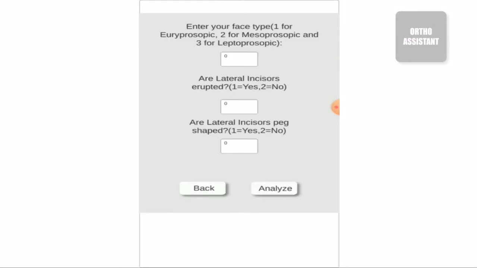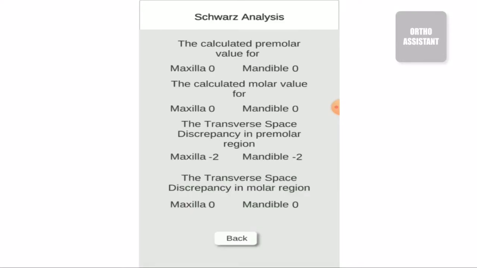Proceed, and here you have to enter your face type, whether it is mesoprosopic, euryprosopic or leptoprosopic. Then the lateral incisor, whether it is present or not, or whether it is peg or not. Analyze, and everything will be given here: the calculated premolar value, calculated molar value, and the transverse discrepancy in the premolar region and also in the molar region.